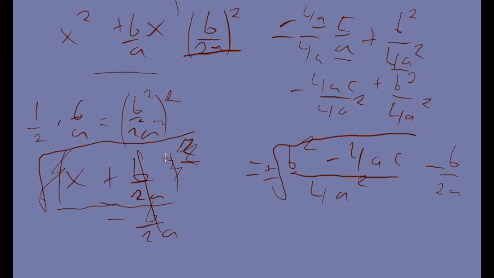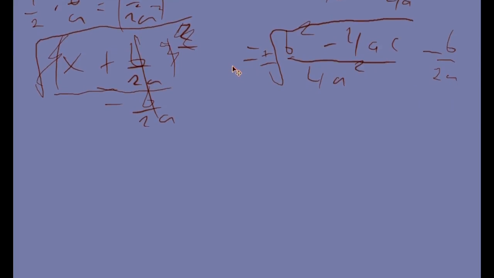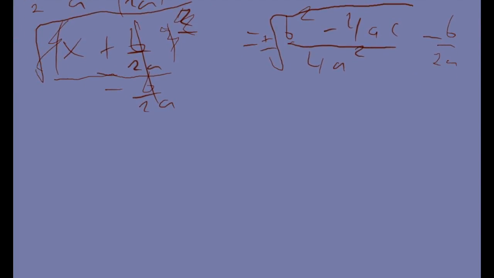Okay. Now this next step is pretty cool. I'm really excited about this next step. If you look at 4a squared, doesn't that strike you as weird? It can be square rooted. Everything in there could be square rooted, 4 and a squared. But this is too complicated. So we do this: plus or minus the square root of b squared minus 4ac, and then all this is squared,